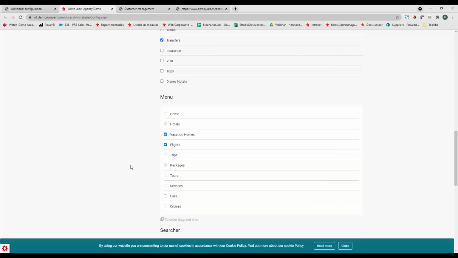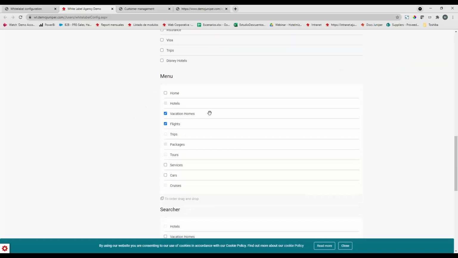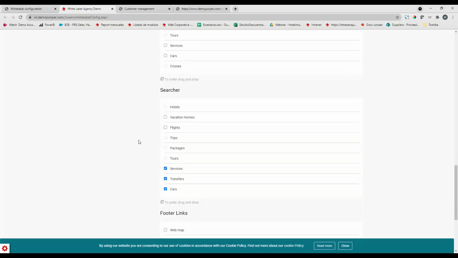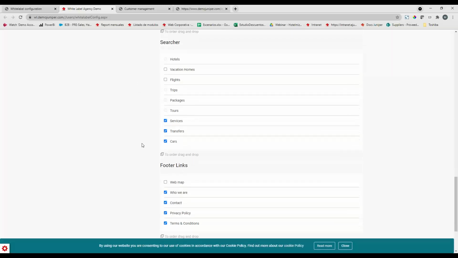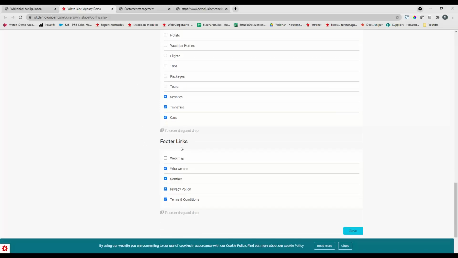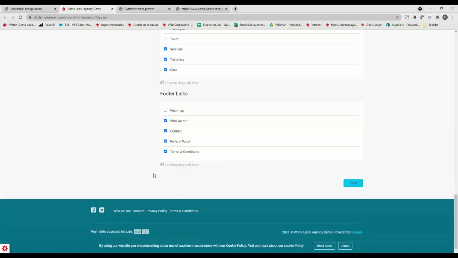Then we have the menu configuration. So here we will indicate what products will be visible to book on the website. We can change position if we want to. And the same goes for the searcher menu, which basically should be a reflection of what we've defined on the main menu. And then last but not least, we have the footer links, which is what we see here: